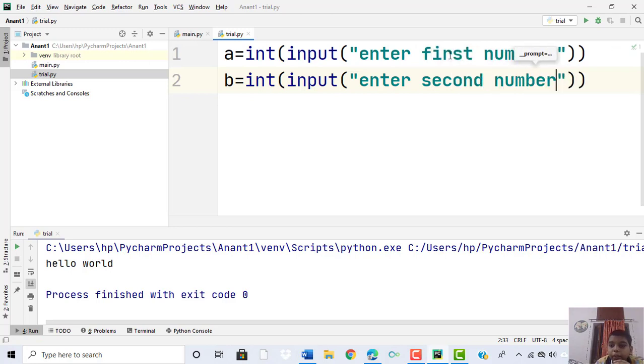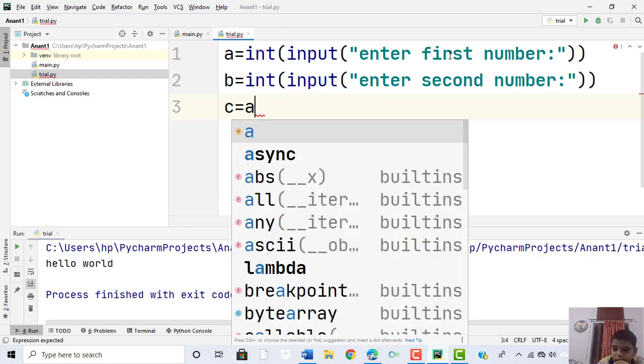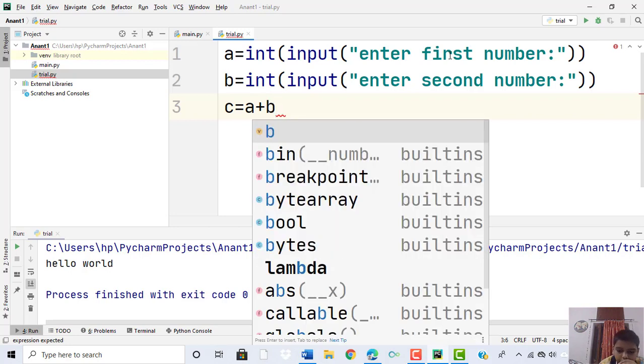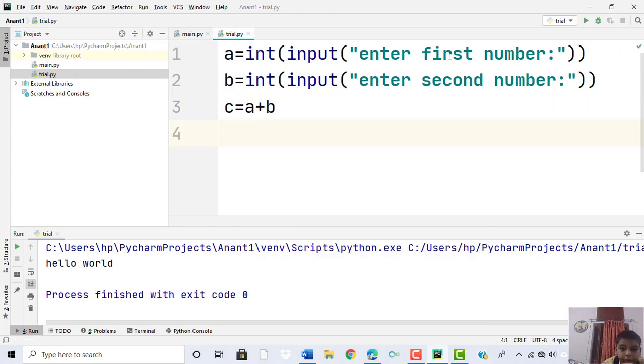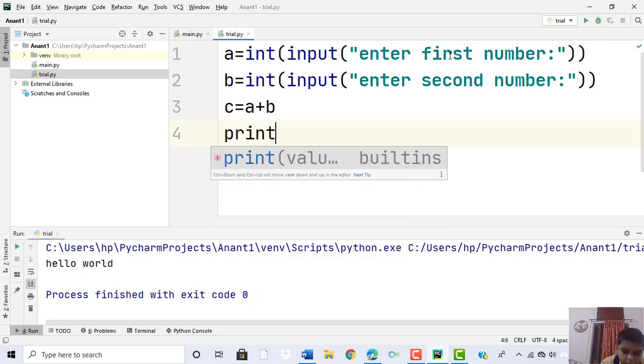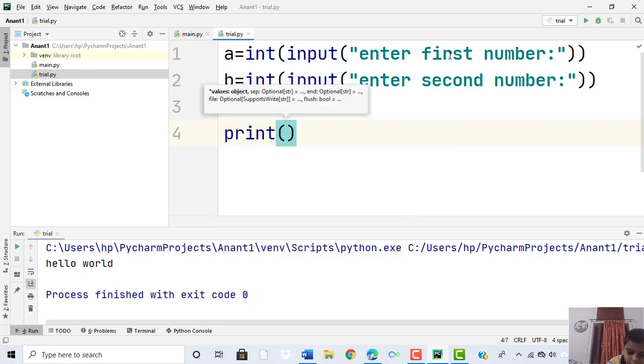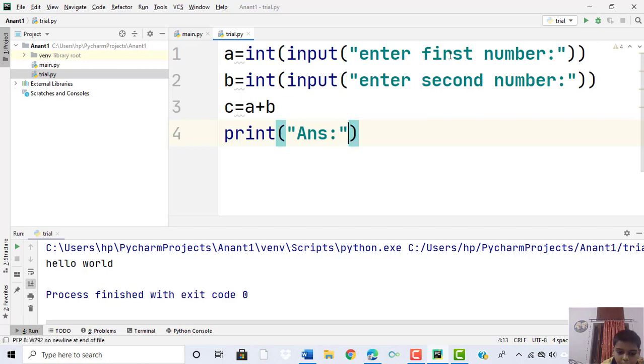Now we have done this, but if we want to subtract or do the sum, we have to give the sum of the a and b variables to another variable, that is c is equal to a plus b. Then I will press enter and write the print function, bracket, double quotes, answer, then after the double quotes we have to write comma c.